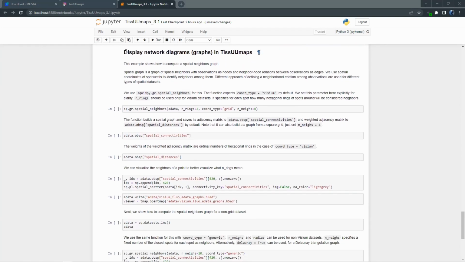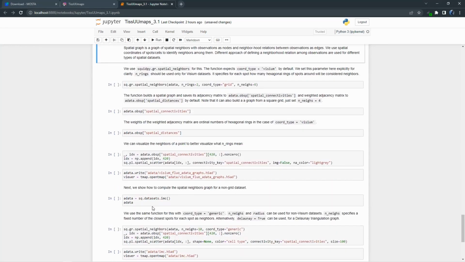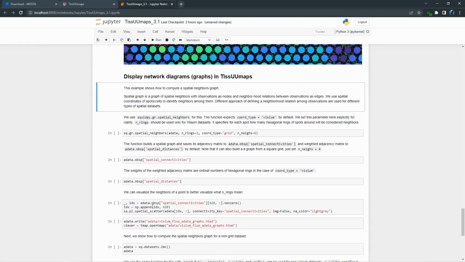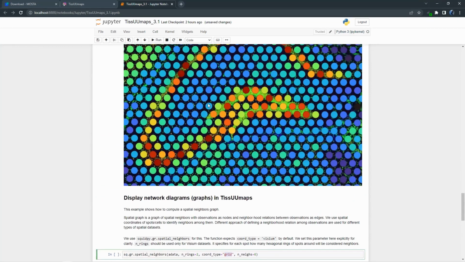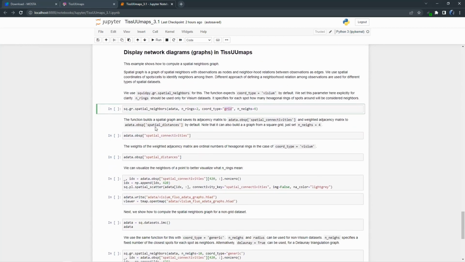So now I wanted to talk about the network diagram, graph visualization in TissUUmaps. And I took an example from the SquidPy documentation, where they actually used spatial neighbors to build a local connectivity of your data. And here I will use the grid coordinates. So I take this image and I will link all spots with a graph. So if I run these spatial neighbors here,